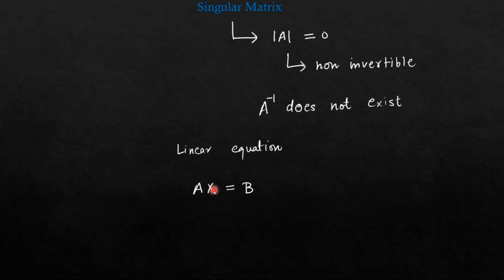Now if you want to find the X matrix, X can be written as A inverse B. So for finding X, we need to find A inverse. If A is invertible, then you can find the unknown matrix X as A inverse B. So that is why inverse is so important for the solution of any set of simultaneous linear equations. You need to calculate the inverse of a matrix. That is why first you need to ensure whether the matrix is invertible or not. Singular matrices are non-invertible. In such cases, you cannot calculate the solution of the equation directly.